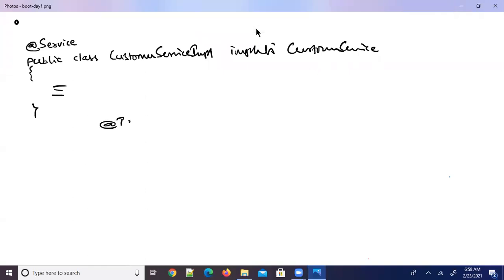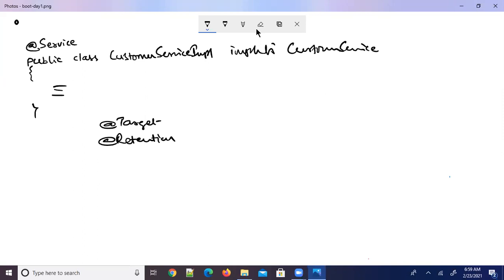The two annotations which I would like to explain from Sun Microsystems, that is from Java, are target and retention. Target is used to describe the element types. If the element type is described as type, then that annotation can be used at class level or interface level. If it is described as method, only at method level. Multiple element types can also be described using the target annotation.